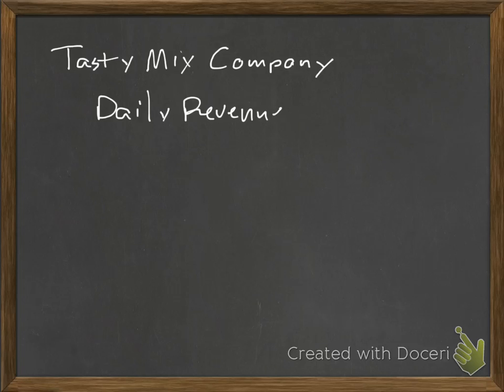Take a second to run through a good related rates problem that discusses a few things related to the stuff we did in class and also expands on that a little bit more. So, I love making ready-mix, cake mix type stuff. So let's say Tasty Mix Company is making this kind of super cool Trader Joe's-esque cake mix, something trendy